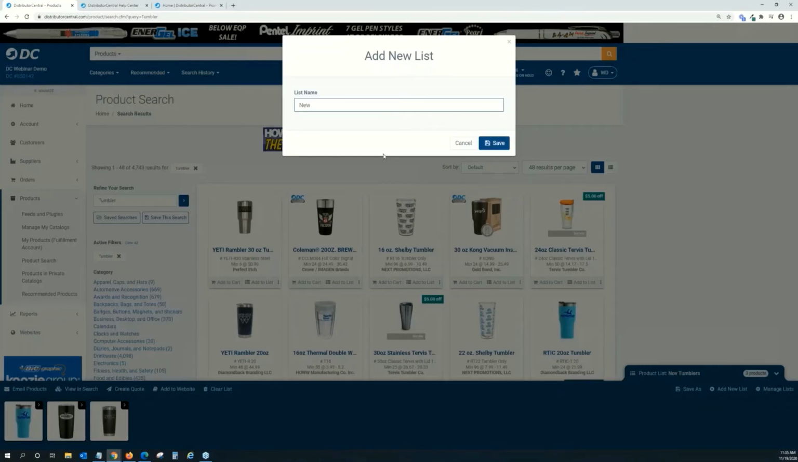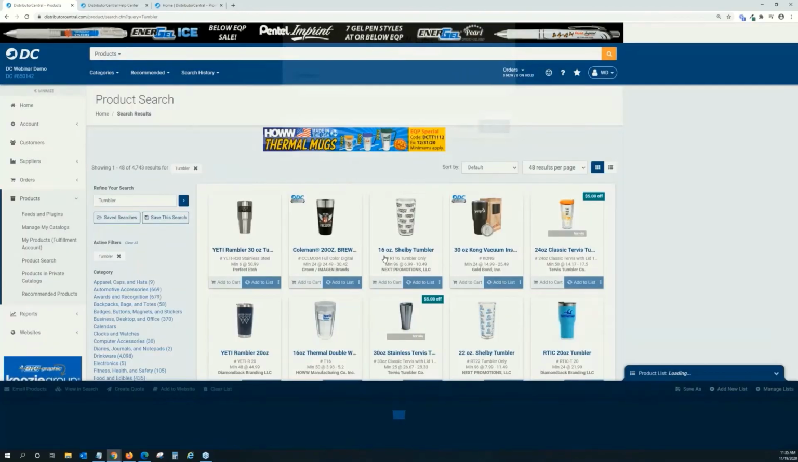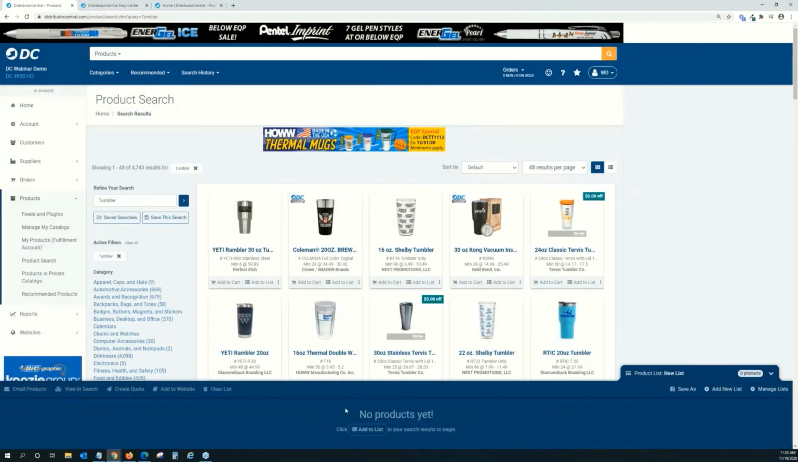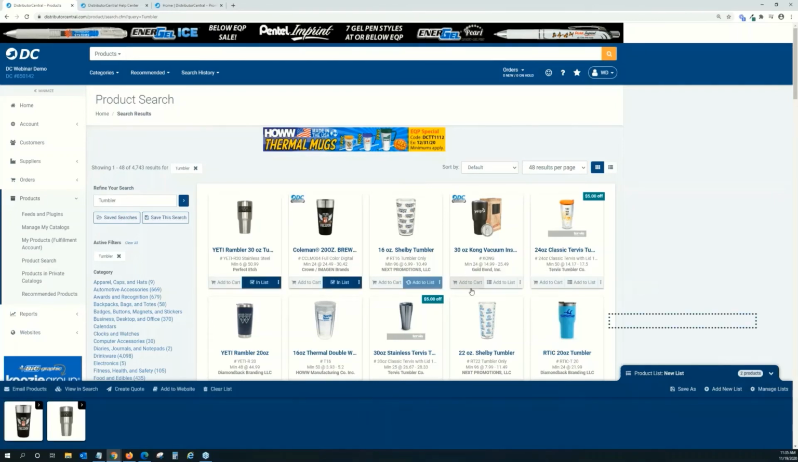And we can just title it new list. Hit save. What that does is it's going to create a new list. So it clears out my old list without deleting it. And then it will create a new list for me. So you can name it whatever you want, and I'll show you what I mean here. So if I just add a couple of these here,